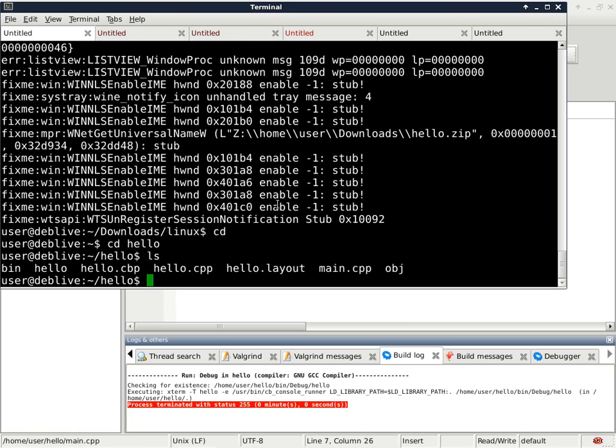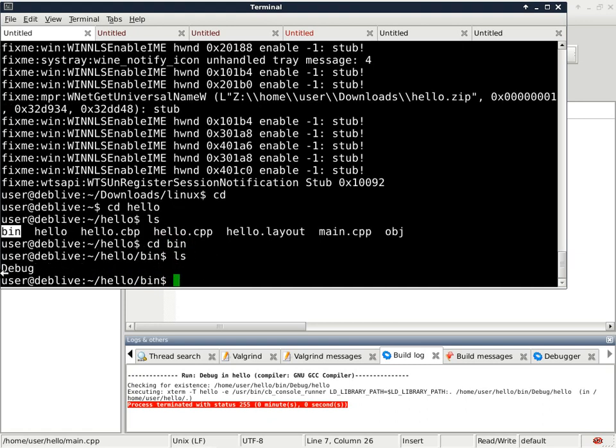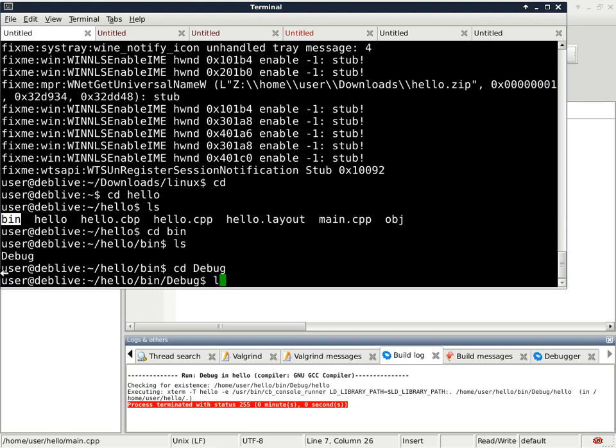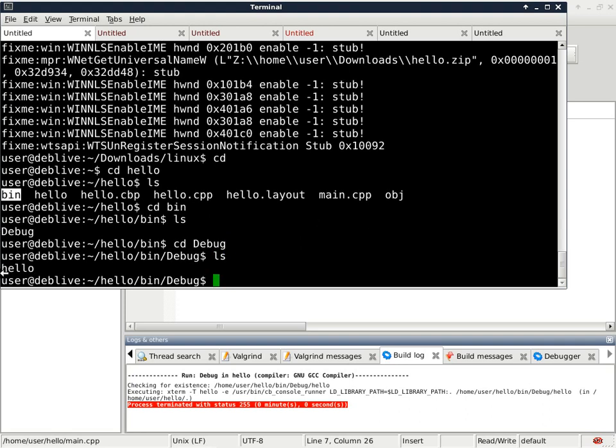And inside that folder, it has a folder called bin. And it is the same way if you use Code::Blocks in Windows, it will have a subfolder called bin. So go to the bin folder. And inside the bin folder, depending on how you set up everything, it will have either or both, okay, debug and release. Go to the debug subfolder, and that's the hello executable. In Windows, it is not going to be just hello. It will have the extension .exe. Okay, and you can run it from here,